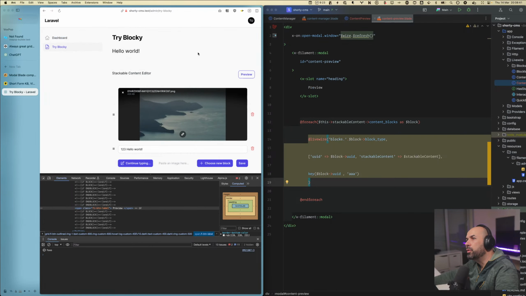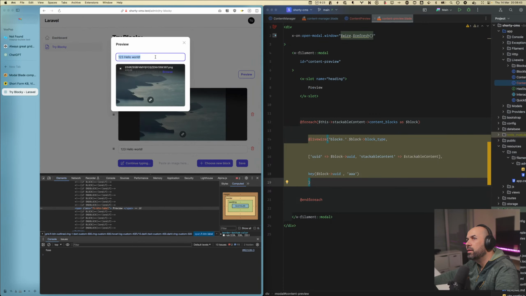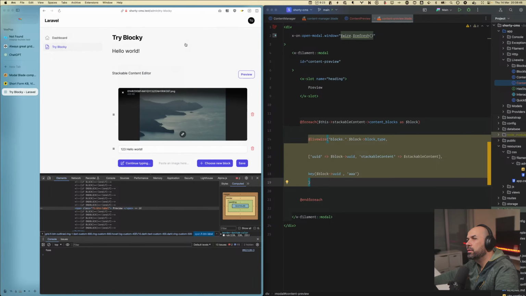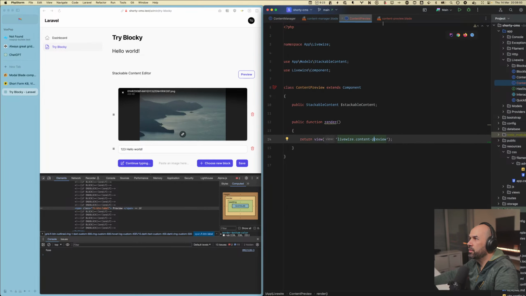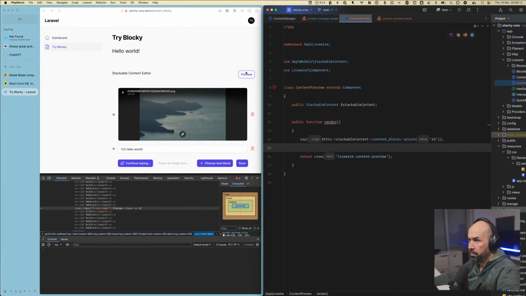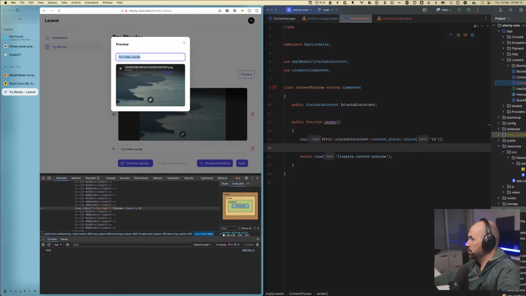Image, input. Input image. No. How come is this? So, Ray, what was here before? Yeah. Content blocks, pluck, ID, right? There's the integer ID. So yeah, if I were to click preview,